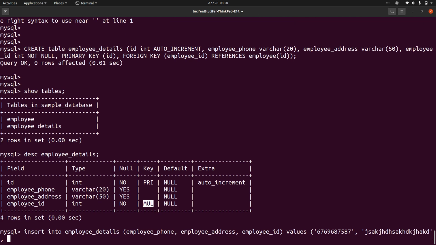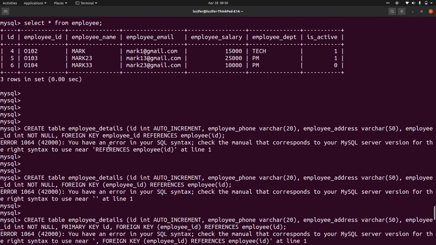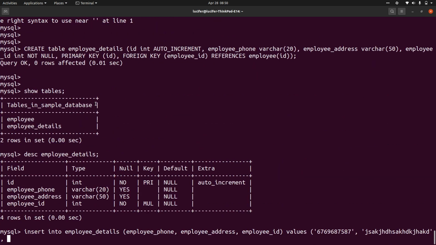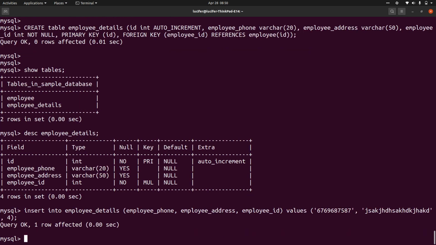Now this employee ID has to be a foreign key to the employee table, right? So you will have to give the IDs of this table itself. If you are giving wrong IDs, then it will throw you errors. So if I take 4, fine, this is getting created.